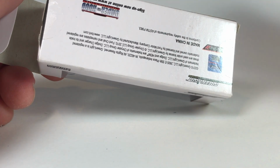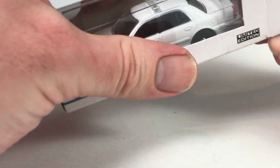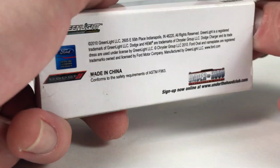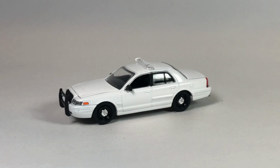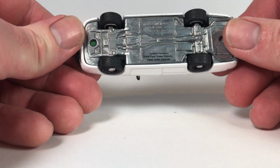And there you go. I'm not sure what the deal is with this little plain white Police Interceptor release, but I figured I'd finally open it up and show you guys, if you can get it out of the packaging. And here it is, your plain old Crown Victoria. They've released this car so many times in the past, and it's a good one. It's a good casting, a popular casting from Greenlight. They released so many different police cars with this casting,